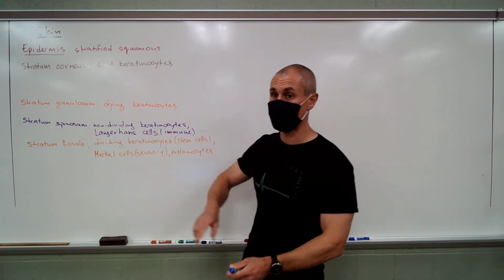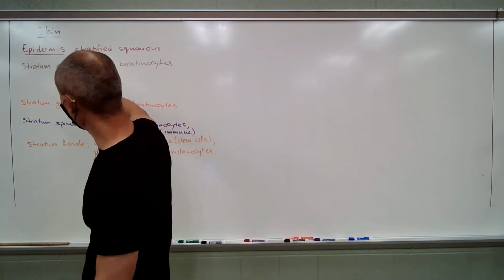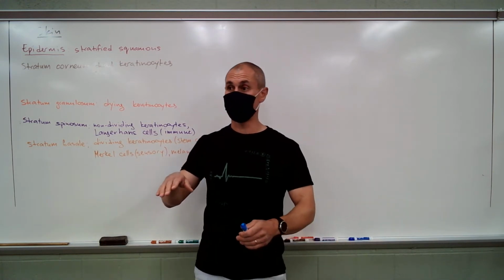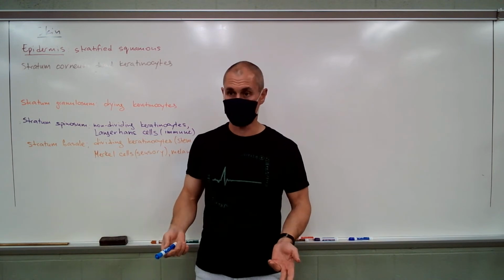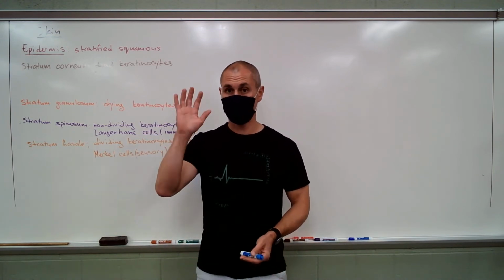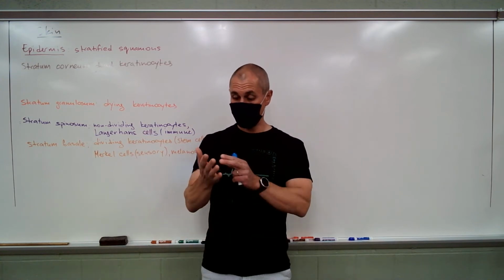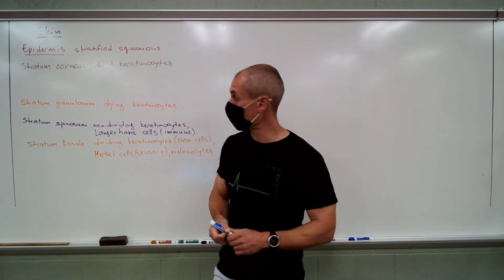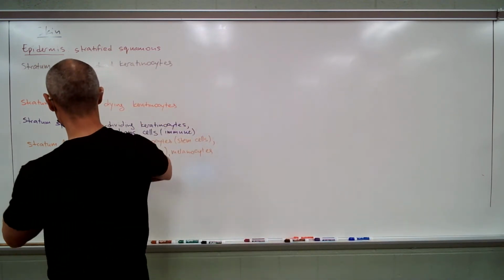Now you may have noticed that I left a pretty huge gap here. So why? These 4 layers are found in what we call thin skin. It's most of your skin, except palms and soles. On the palms and soles, you have so-called thick skin, and there is one layer right here in the thick skin